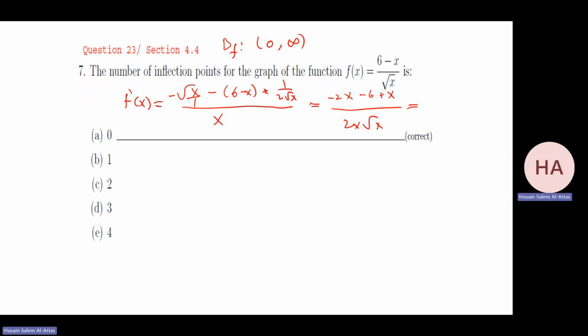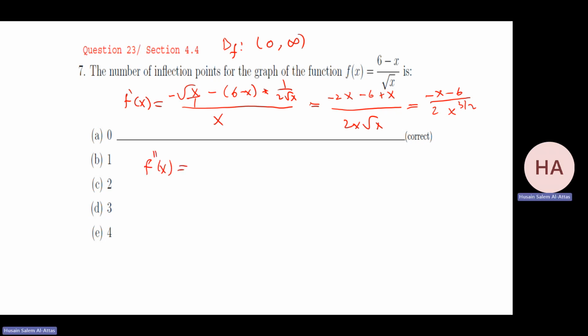Now it will be 2 root x there. I have minus 2x, and this is minus 6 plus x. Okay, so I have what? Minus x minus 6, when I make it 2x to the power 3 over 2. Make it easy. Okay. F double prime